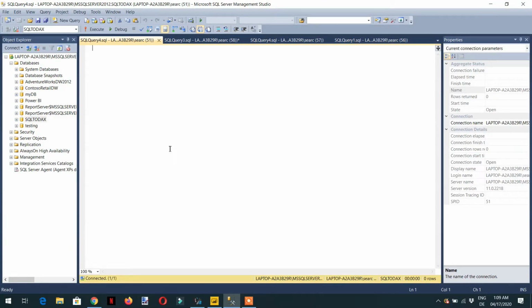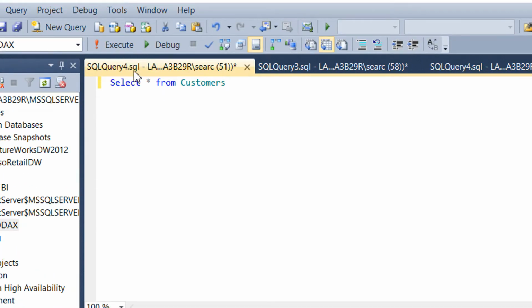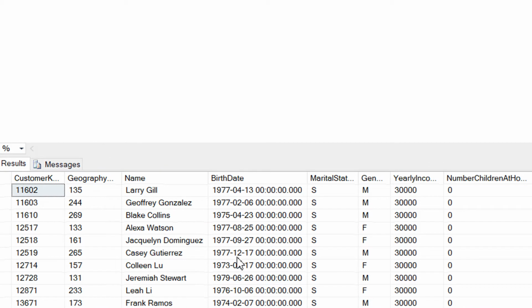In today's lecture we will learn about some string operations. So let's write one simple query here. Select star from customers. Just need to execute, and here you can see we are getting different columns, but we are interested in the name